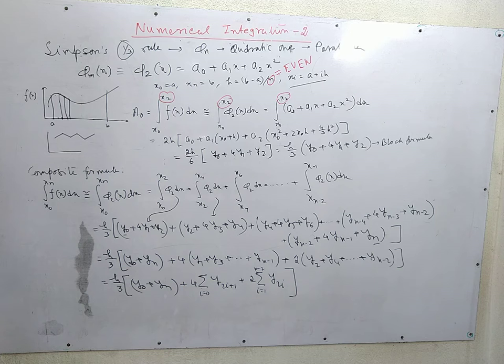If the nature of the integrating polynomial fits with the actual function, then we can get a convergent result with very few points. As for example, if the integrand under consideration is a straight line, then we can get a convergent result using trapezoidal rule by only two terminal points, because